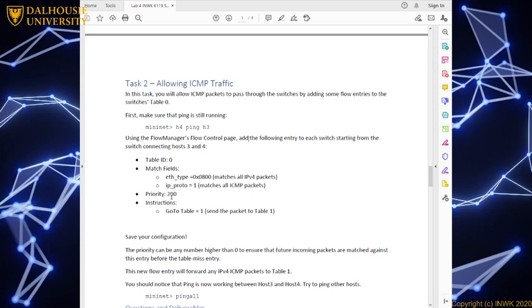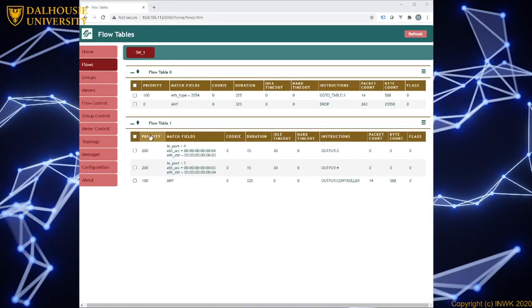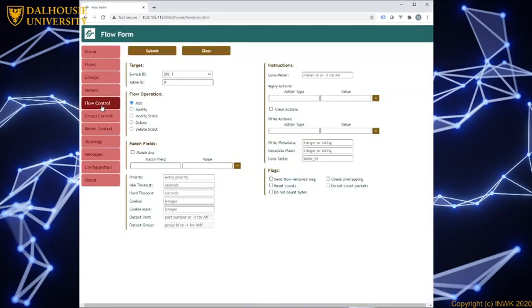And priority 200, so make sure that the priority is higher than the existing entry, which the highest one right now is 100, and the instruction is send it to table 1. Right? So we will do that and we'll see how the switch reacts. So we'll go back to our browser and we'll go to flow control, and we make sure that we are actually working on table 1. Flow operation is add,